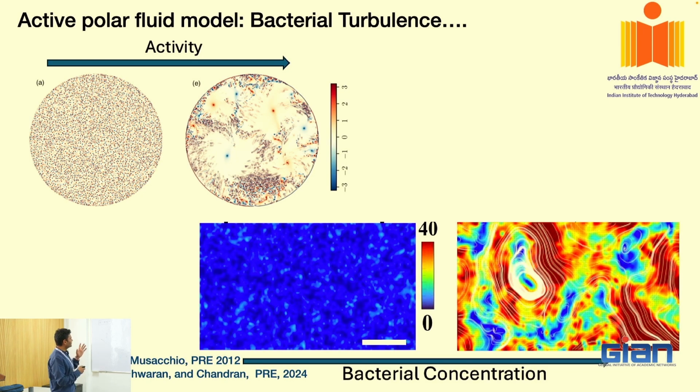Here the simulation is being done on a disk, and you can see again the structures when you have a smaller activity are going to be much smaller, and the length scale is going to correspond to the length scale that we get from gamma 0 and gamma 2. Whereas if you keep on increasing activity through alpha, you can see that the structures which appear are going to be much greater.